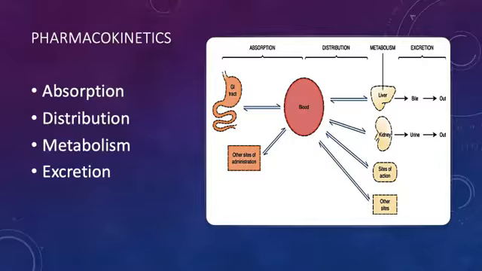And metabolism occurs next, and several things happen with the metabolism. We can either metabolize or change that drug to a different form so that it's active, or the liver can break down the medication, rendering it inactive. It just depends on what the specific focus of metabolism is. And then finally, the medication is excreted. So when we think about these four different components of pharmacokinetics: absorption, distribution, metabolism, and excretion,